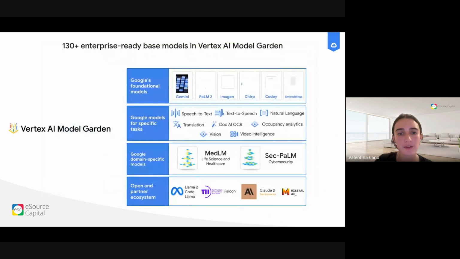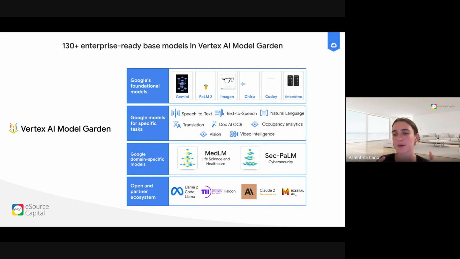First, I wanted to talk about the Vertex Model Garden. Model Garden is a place where Google puts a lot of models that have already been created for you to use. This is still a more technical solution. Here we can see there are foundational models, Gemini being the most famous one. These are models that have been trained with massive amounts of data, and now they've become like a brain that already knows how to predict and create new content. But then we also have more specific models, for example, speech to text, text to speech,